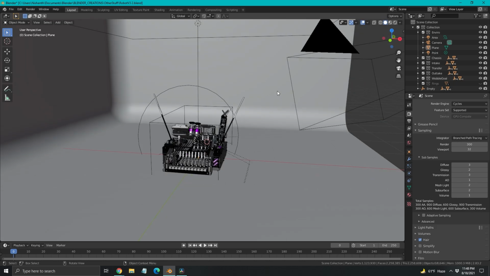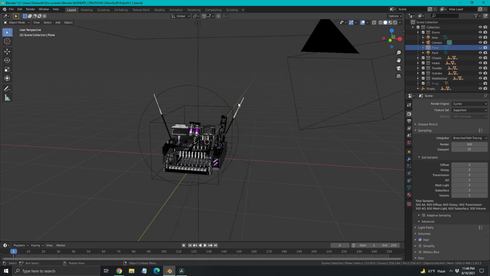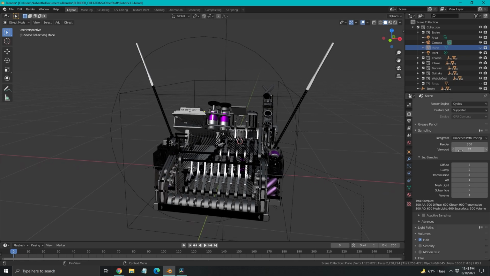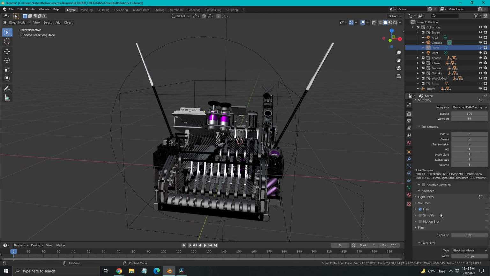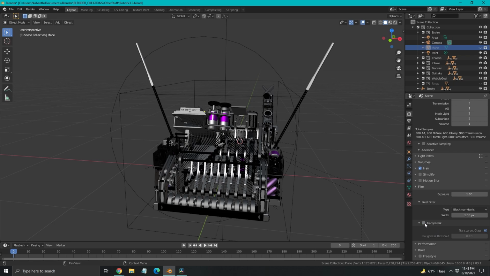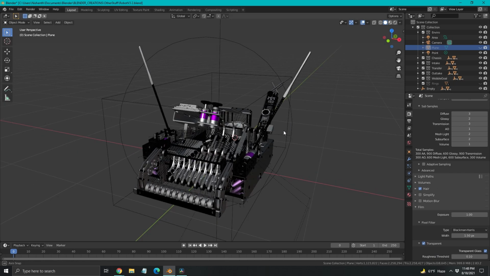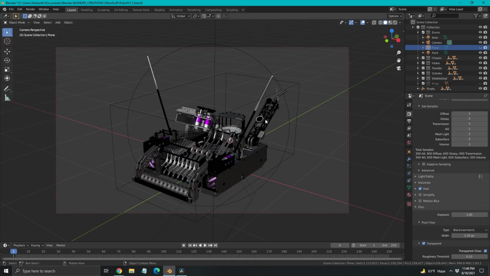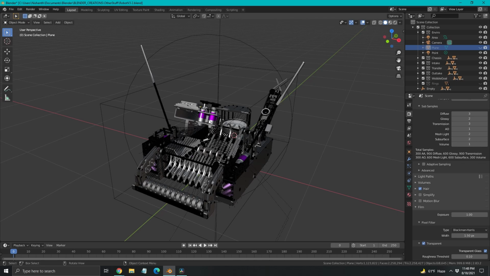But in the cases, for example, where you might want to use this on something like your portfolio, it would be best to actually render it on a transparent background. Now, this can be done by simply going to Scene and going to Film, and then selecting Transparent. This will turn your render transparent, so any background in the camera view in this rectangle or square that you have that is the world background will actually end up as transparent. And that is how you create transparent renders that you can use in a wide variety of things, from thumbnails, if you were making YouTube videos like we are, to something like your actual portfolio,